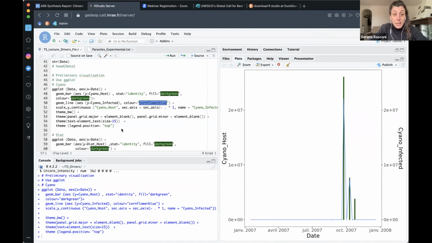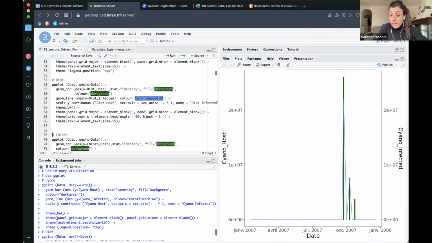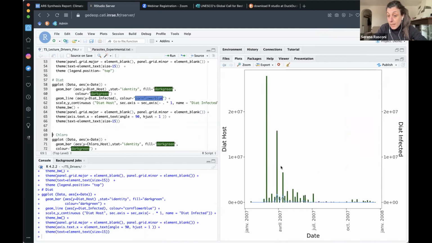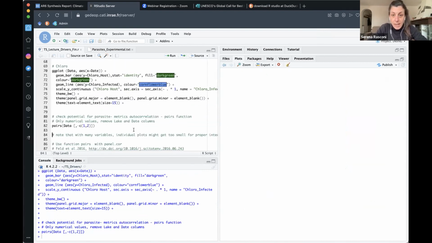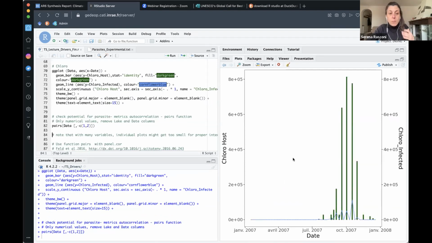So we can see immediately how that's true, how these dynamics are basically corresponding, and the parasites are there when the hosts are there. You can play around with the axis, create a second axis. You can see the labels, horizontal, vertical. So again, just a little overview of some quick